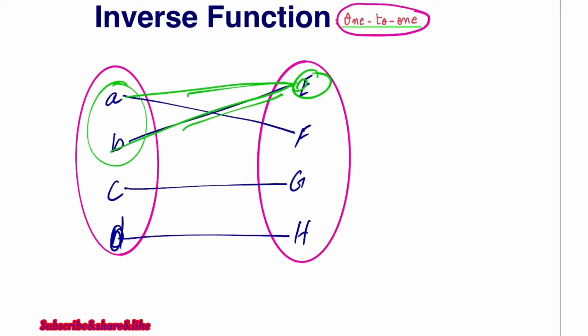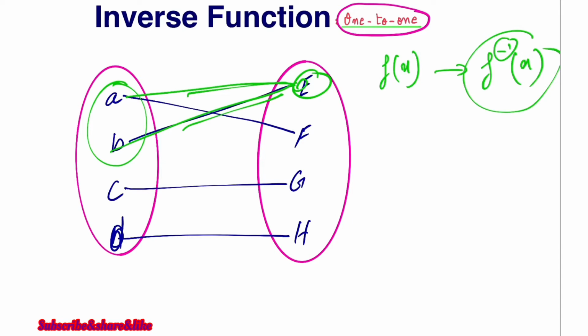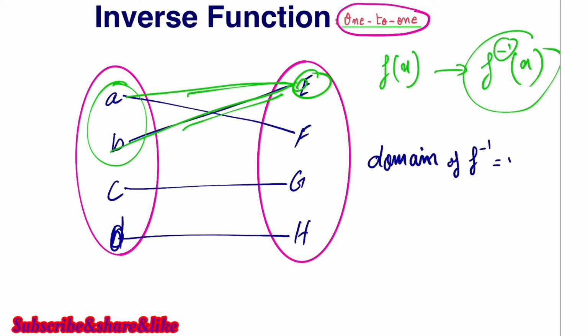And this is how we will write it down. If we have f of x, the inverse function is going to be f minus 1 of x. This doesn't mean the power of minus 1, it just means the inverse function. And the domain of f minus 1, the inverse function of f, is equal to the range of f,